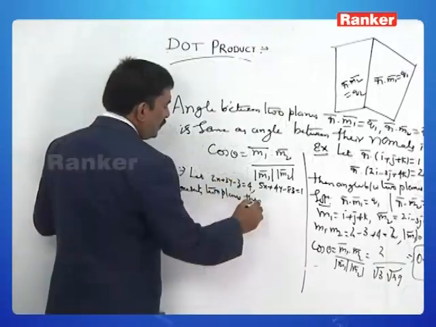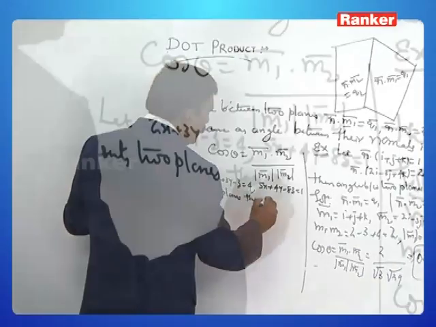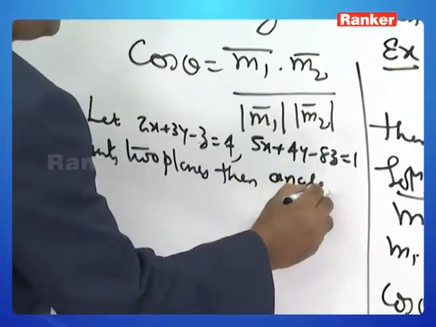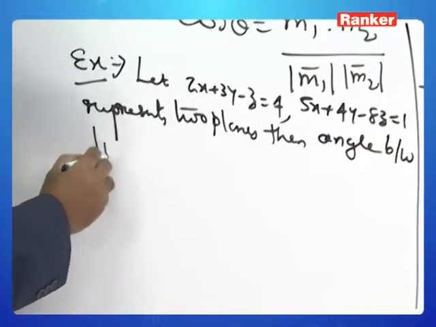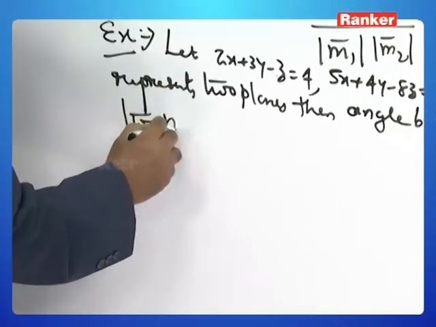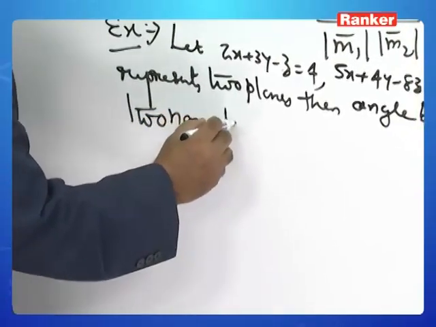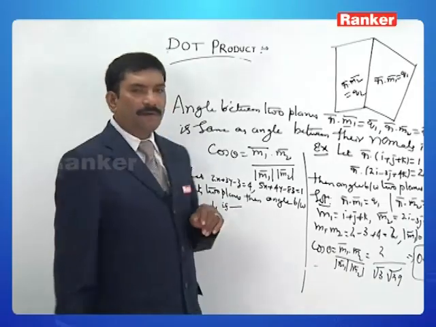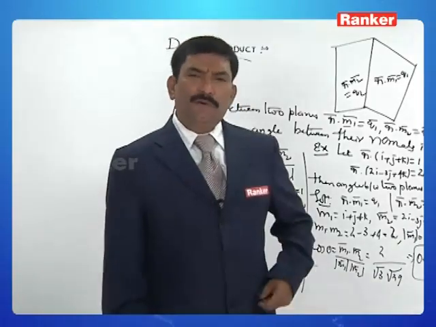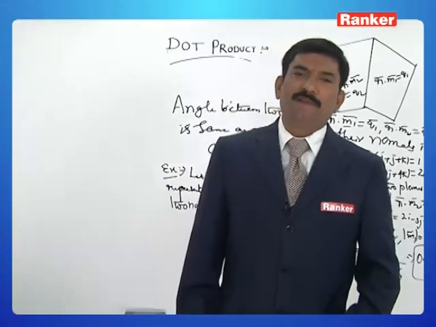Then the angle between two normals is dash. Look here, students, as you know already, the angle between the